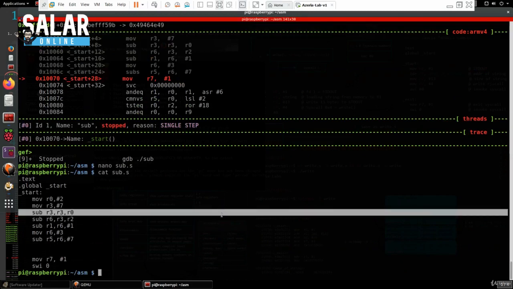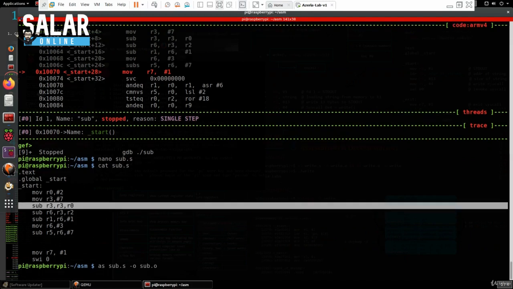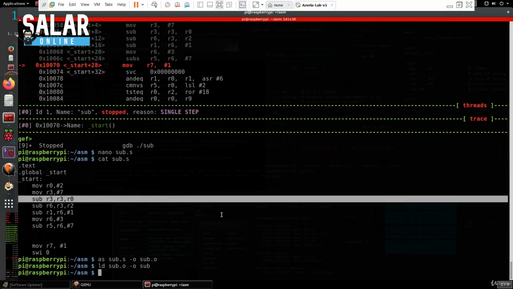So I can assemble sub.s, and I will say sub.o, and I will link the file, and it's done. And if I run it using GDB,